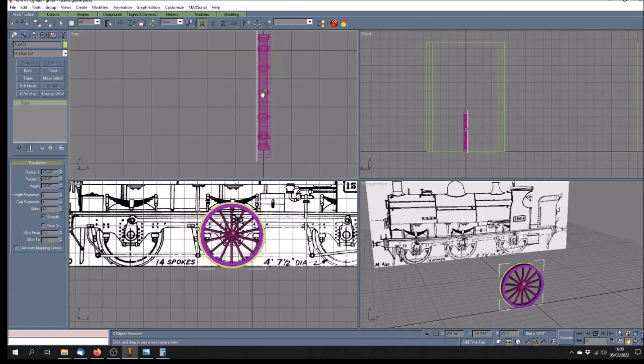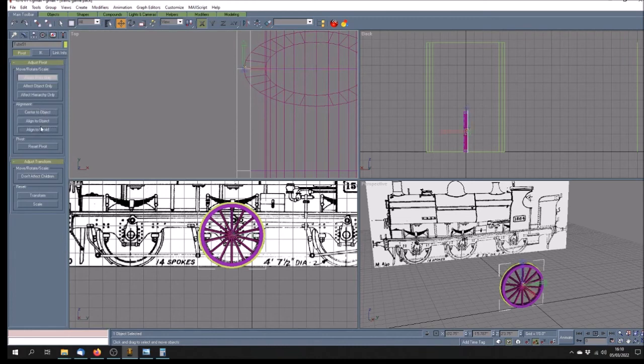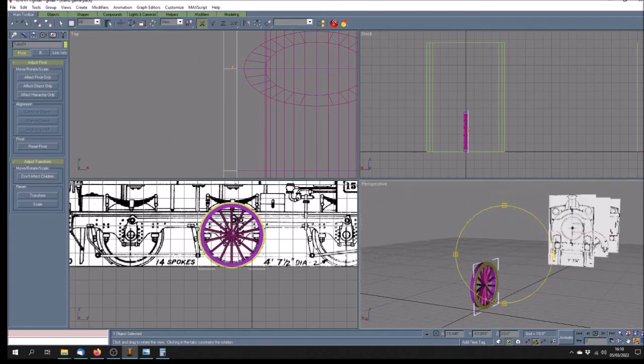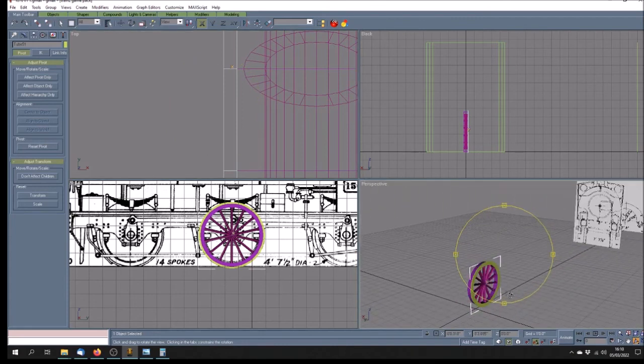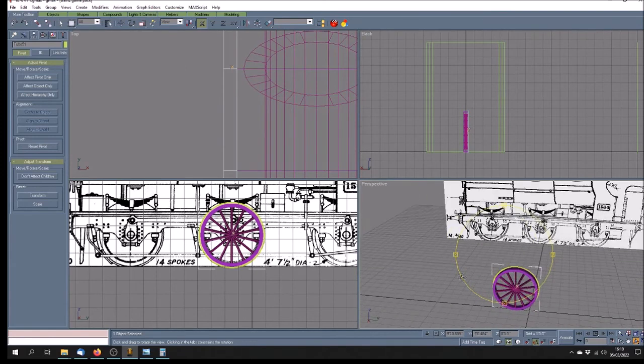And move the whole thing over, center its pivot point, move the whole thing over so it's butting right up the edge there. Now the reason why I kept the inner radius of the wheel is because I want this surface here to include both, but I'm going to even change that,